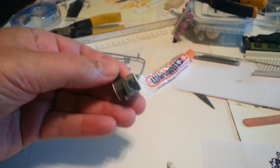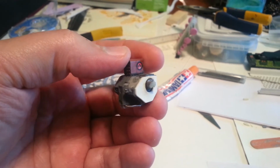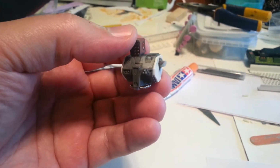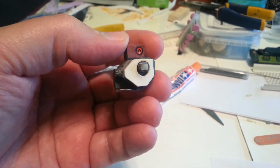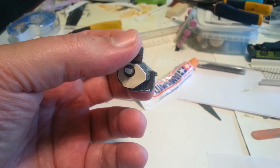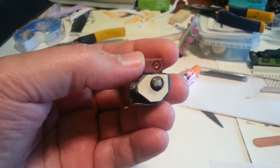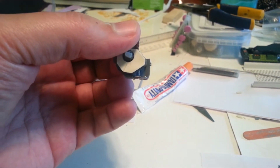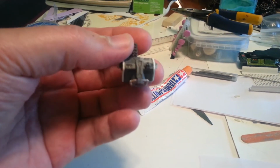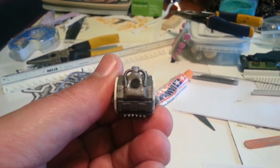So what I've done, I can go over these details here, is I've taken the standard Dark Age Thunderbolt and I shaved off the cockpit that's standing upright, and I added two plastic pieces on either side to extend the torso out a little bit. I did drill out holes so that the arms can go back in, and I shaved down the torso, the length, height I should say, and I don't know how much detail my camera is going to get, but I